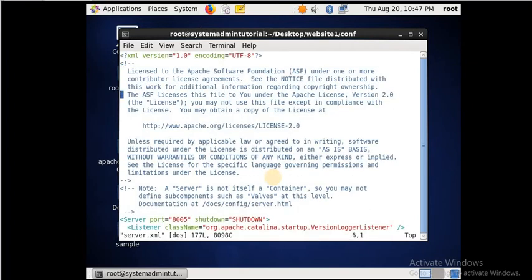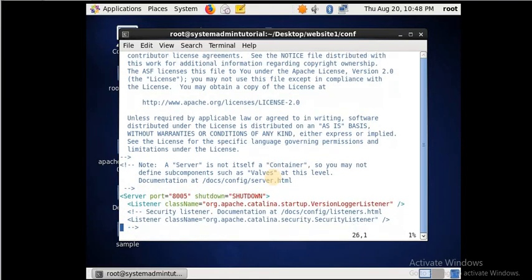Here also you have to change these three ports: shutdown port, connector port, and the AJP port, 8105, because we are doing it for the website 1.